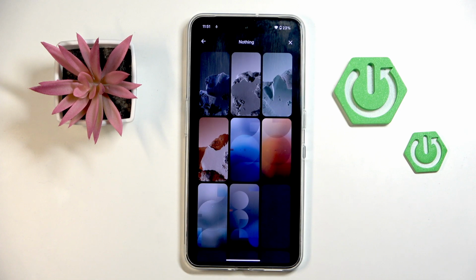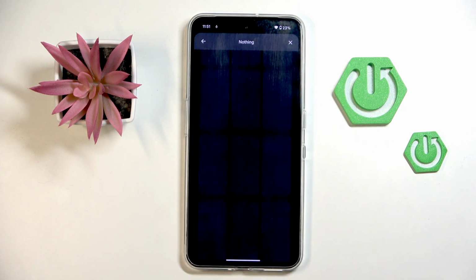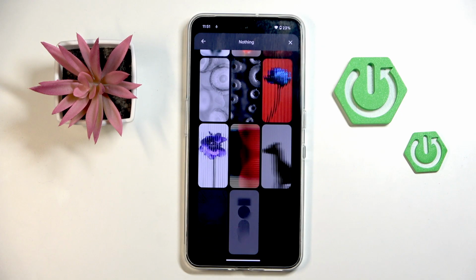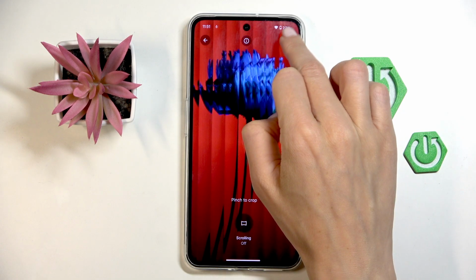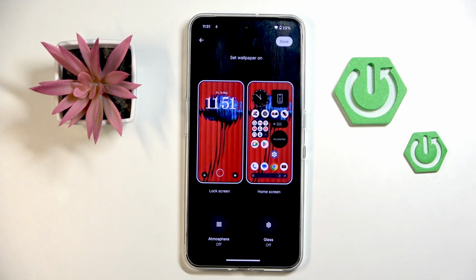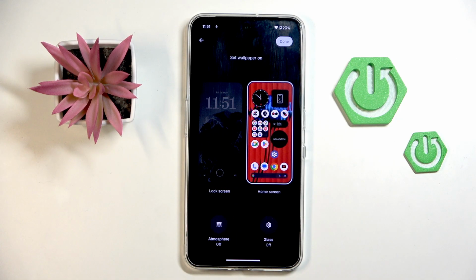Let me enroll Nothing Phone and wallpapers and pick one from them. Let's apply, for example, this one. Here you can pinch the group if you want, then tap on the confirmation mark, and decide if it's for both home and lock screen,